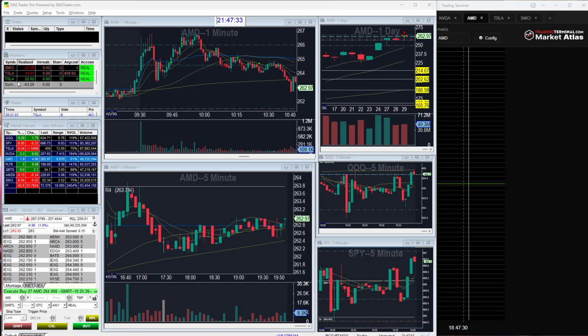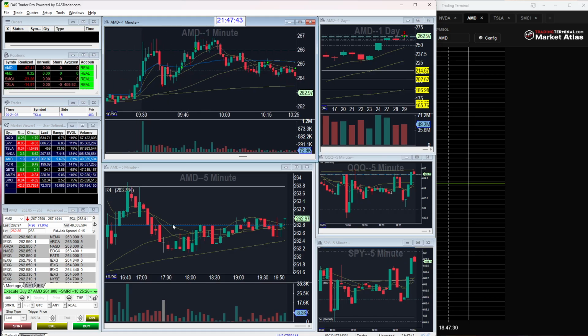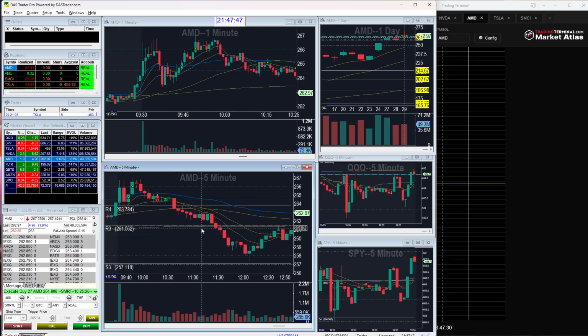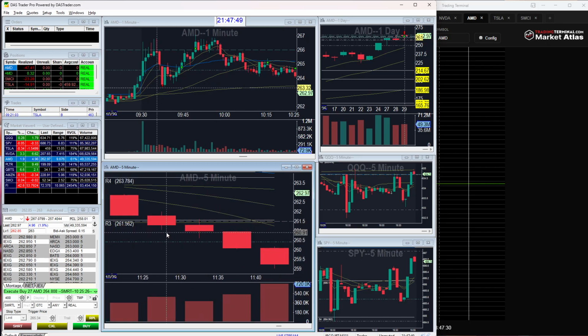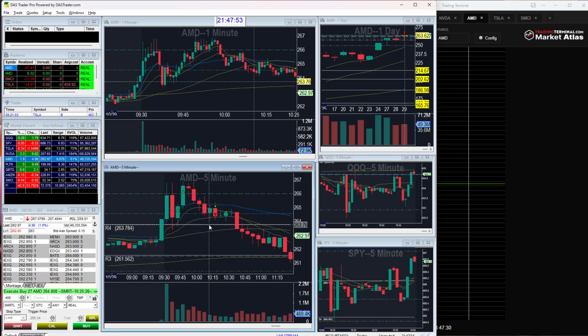So I took five trades. We'll start with AMD. This was the AMD short trade. If I scroll back right here, okay, that's good. The first trade was the AMD short, a 5 minute opening range